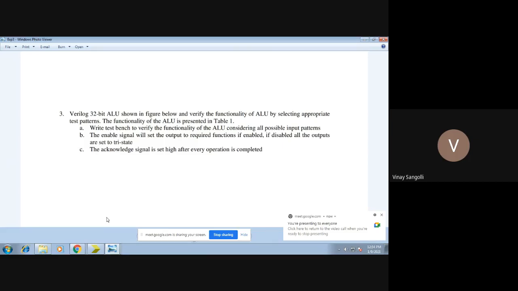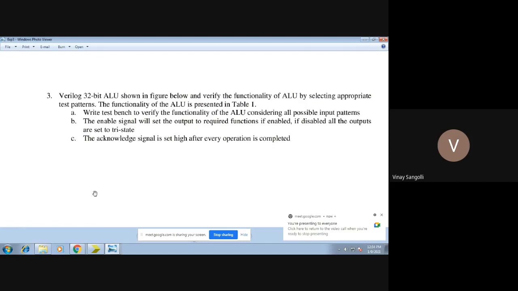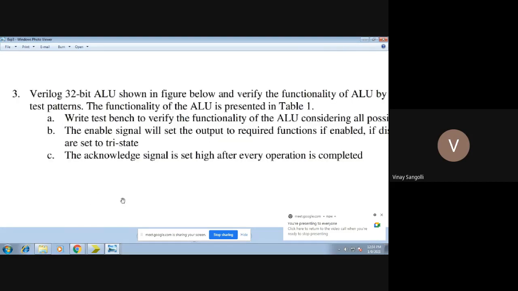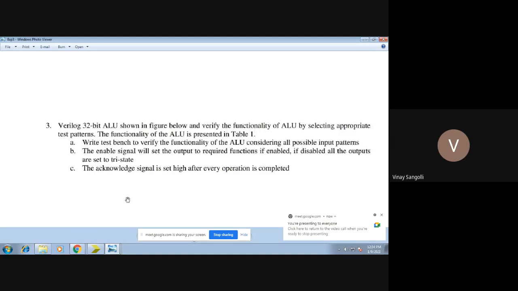So today we'll move ahead and start with your next experiment, which is experiment number 3. In this experiment we'll be studying your ALU, that is nothing but your arithmetic logic unit. Now, what actually has been prescribed in the syllabus, we'll just have a look. You can see on the screen, we are verifying a 32-bit ALU, which is shown in the bill of fare. We'll just move to the next slide for the figure. And we will verify its functionality by taking some test patterns.